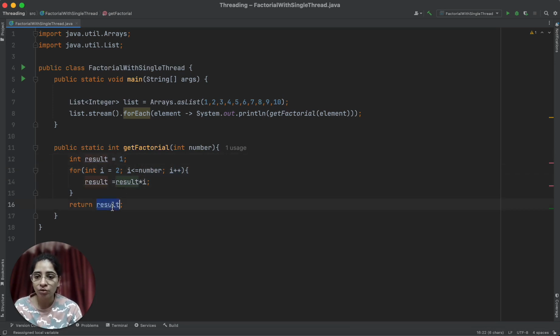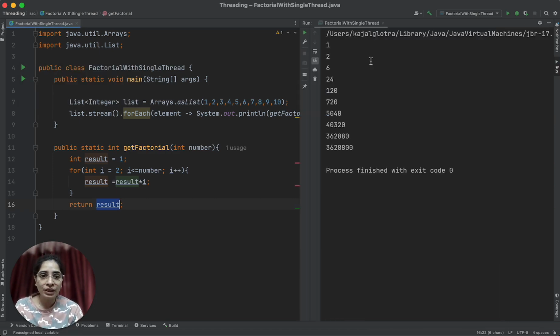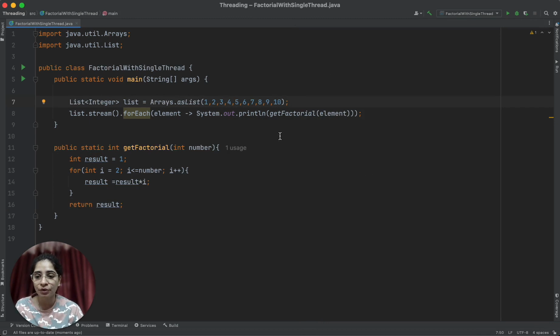So that's how this result should give me the factorial of that number. Now I'll run this, and you will be able to see that the factorial of 1 is 1, of 2 is 2, of 3 is 6, and of 4 is 24. Everything is getting printed, so that means this method is working as we want it to.